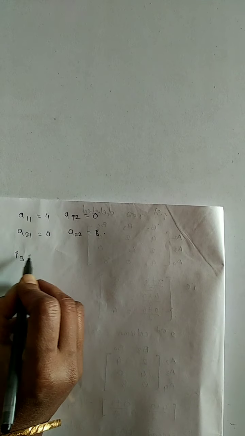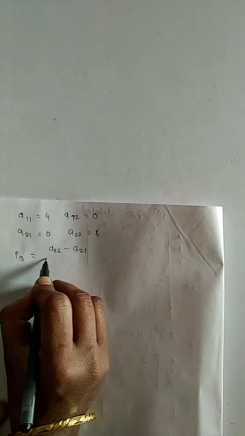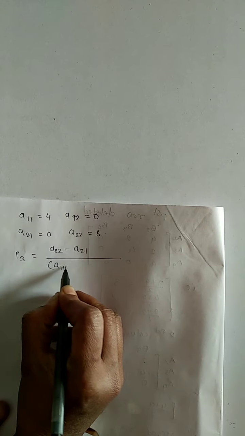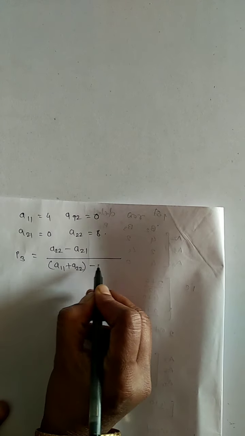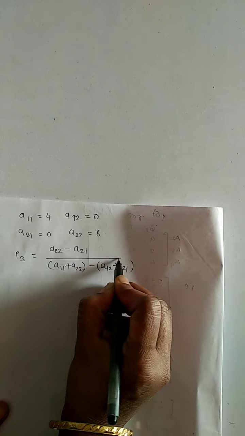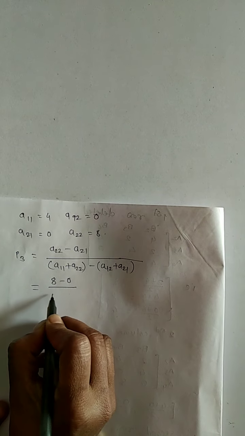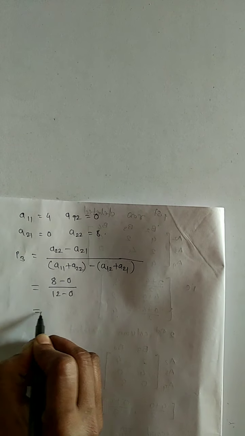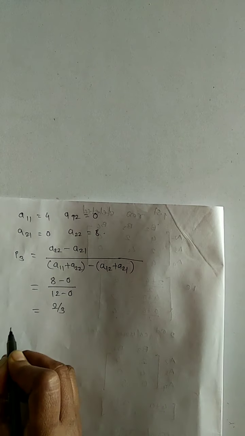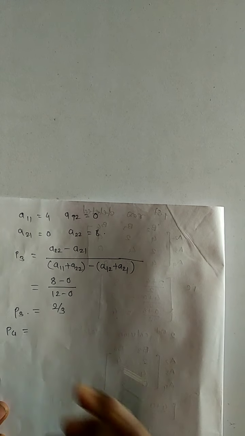Then P3 is equal to, write the formula, (A22 minus A21) upon (A11 plus A22 minus A12 plus A21), and write the values (8 minus 0) upon (12 minus 0), and that is equal to 2 by 3. This is the value of P3. Then find P4. P4 is